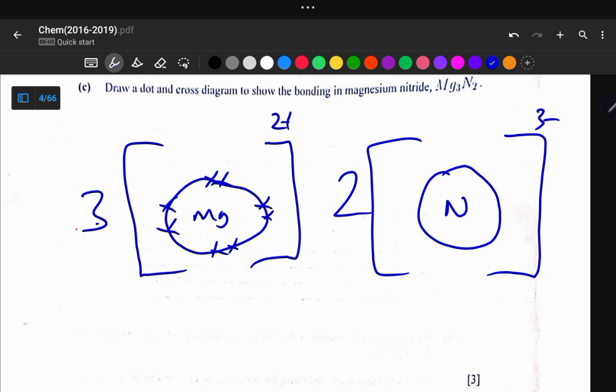That's the valence shell of magnesium. And then the valence shell of nitrogen, we've got extra 3 electrons from magnesium. So we need to highlight that. We use the dot to illustrate the electrons for nitrogen. So 2 here, 2 here, 2 here, 2 here, and then